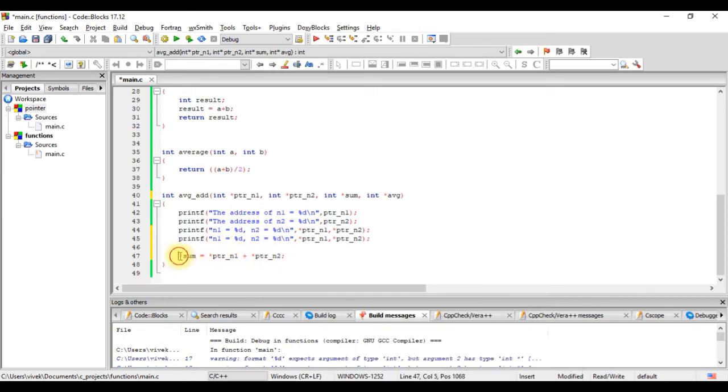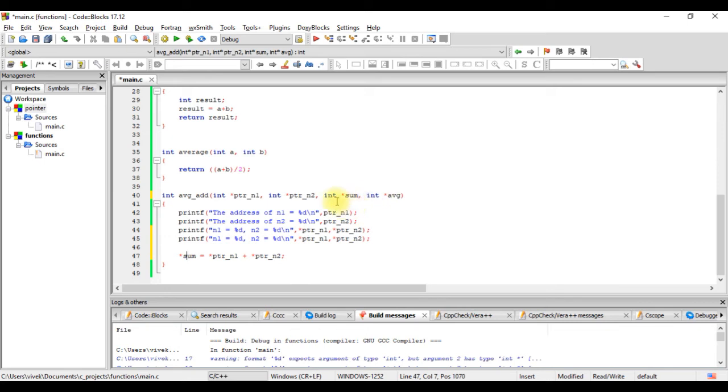So we are saying calculate the sum of the value stored in ptr n1 and the value stored in ptr n2. Add the two values and store it in the location which is pointed by sum.